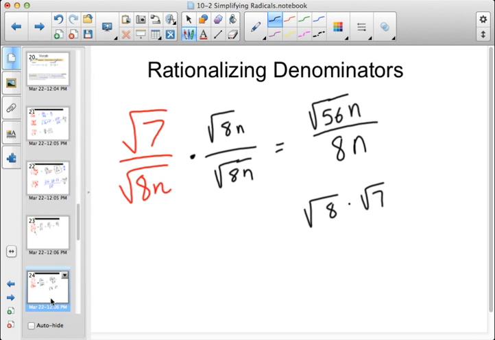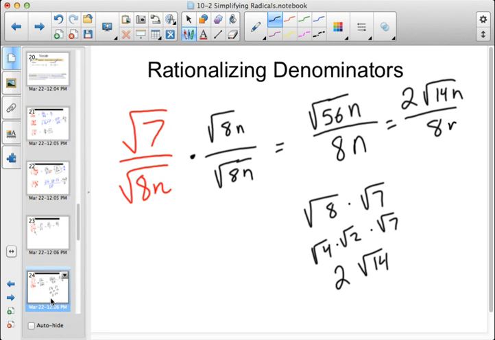Square root of 8 has got a perfect square factor of 4 and 2. So this is square root of 4, square root of 2 times the square root of 7. And that would, again, simplify just to 2 times the square root of 14. And we still have our n in there, so this would actually come down to 2 square roots of 14n